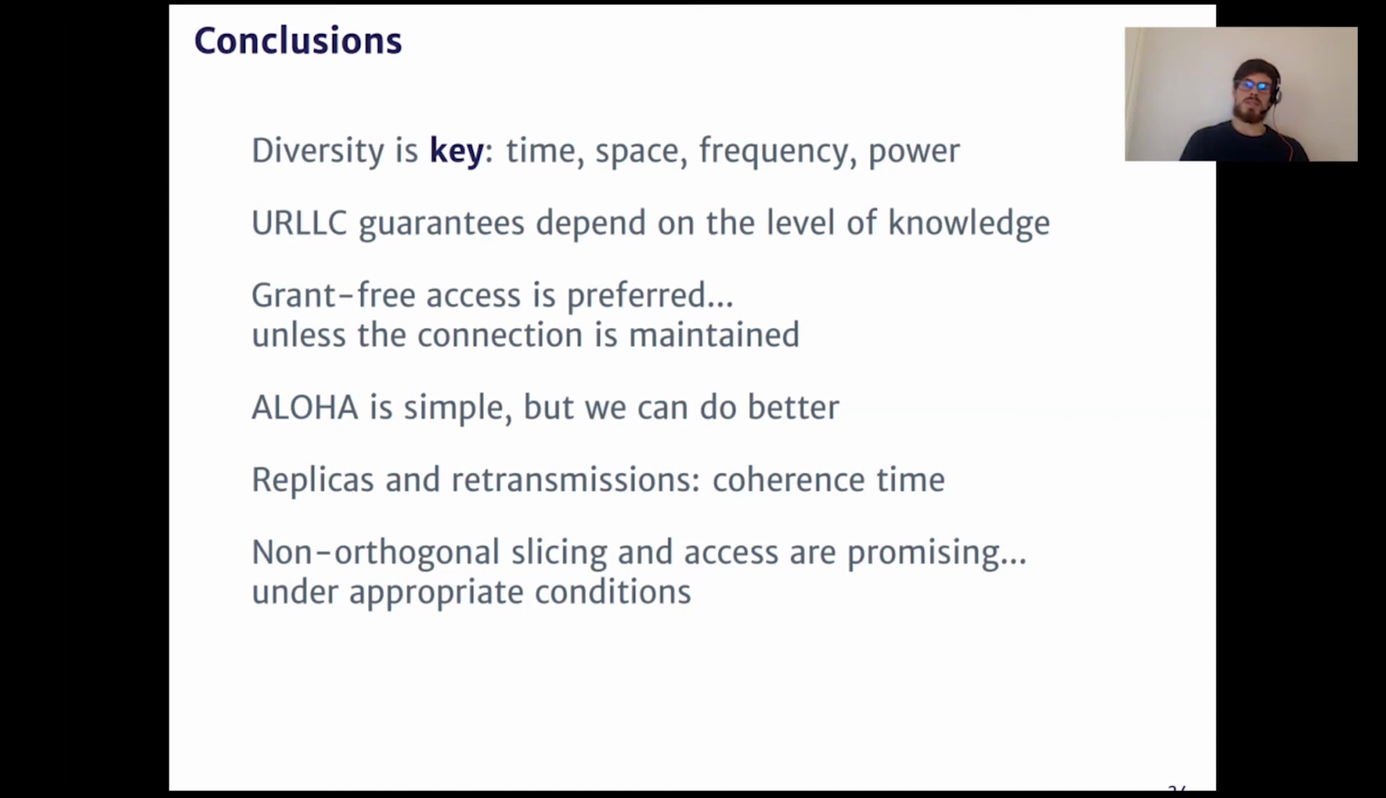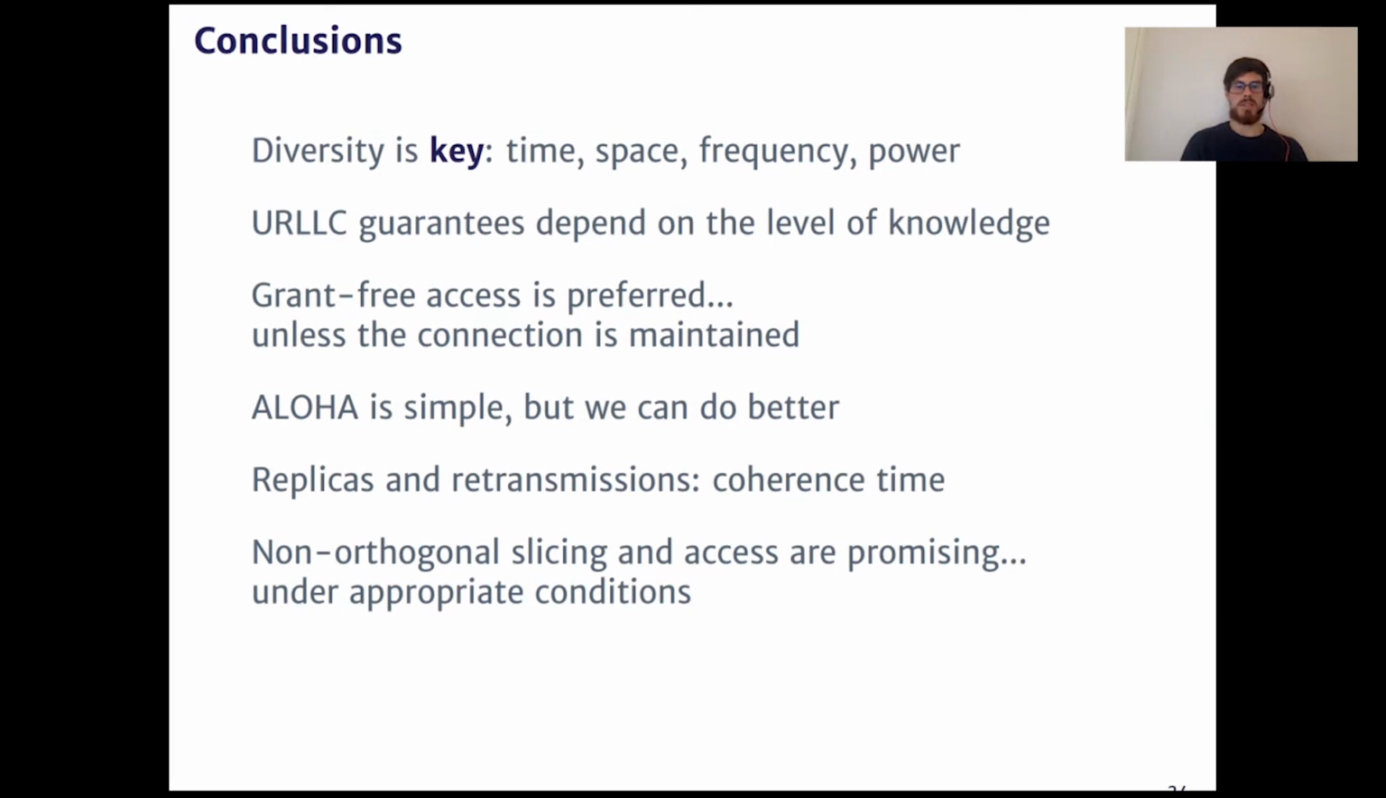Also, we saw that grant-free access is preferred unless you want to maintain the connection. So if you're transmitting quite frequently, probably it's better to just maintain the connection. If you're going to transmit once a day, grant-free access is fine. Twice a day, 10 times. But if you're going to transmit 1,000 times a day, probably just staying connected is the best because you have dedicated resources. But we also observe that non-orthogonal multiple access can help us with this aspect, having a non-connected state for the URLLC user and still achieving